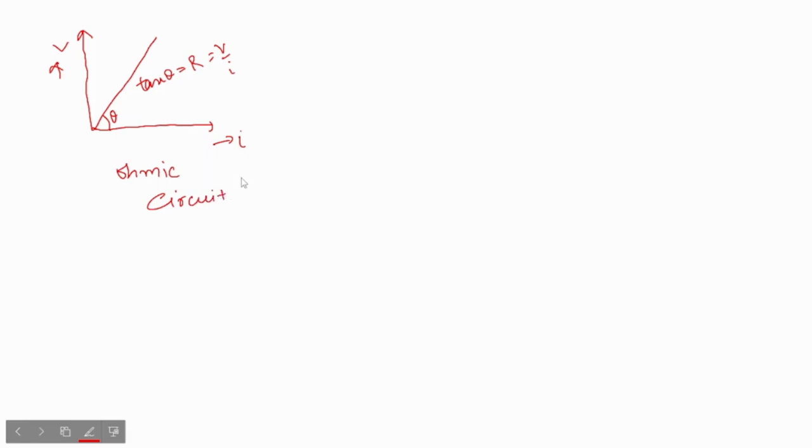For non-ohmic circuit, this is quite important. There will be different regions, where this is going to follow Ohm's law, and where there will be a non-linear variation of voltage with current. So this is I, this is V. Let me divide it in three regions. First region is